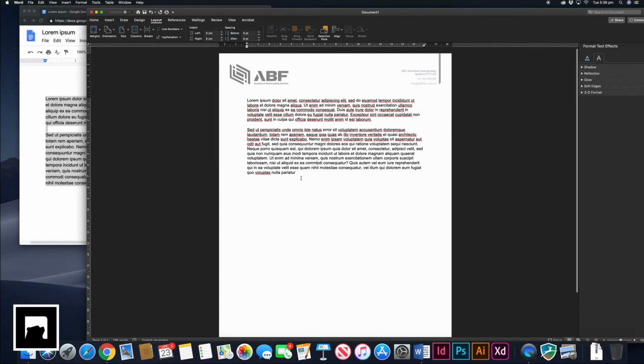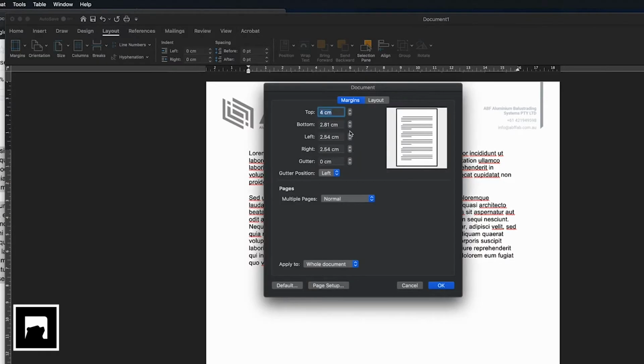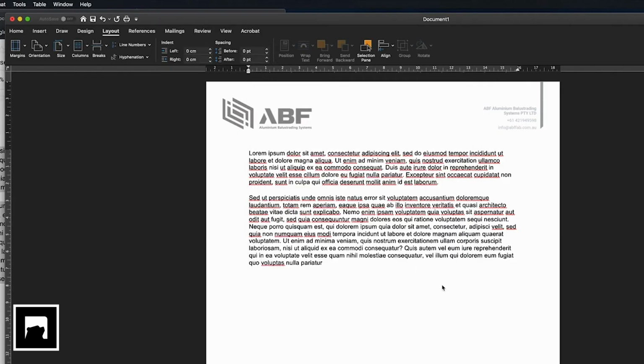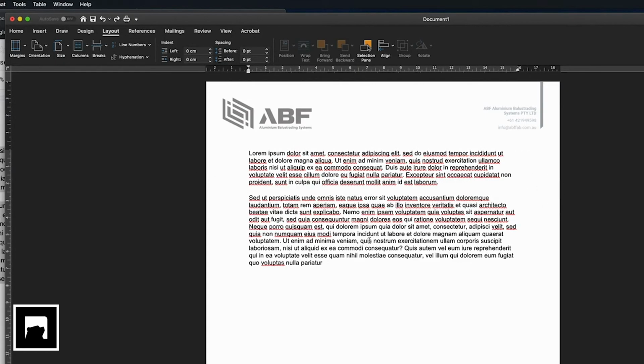So yeah, once that's done, you can change the actual side gutters as well. If you want that more in line with here, we can do that if you want. So same thing again, go to margins, custom margins. We can go left. We'll just do 1 centimeter. Make the right 1 centimeter. And you can see it's changed it again. So it's not as much room on the side, but I don't like that. So we're just going to Command Z, go back.